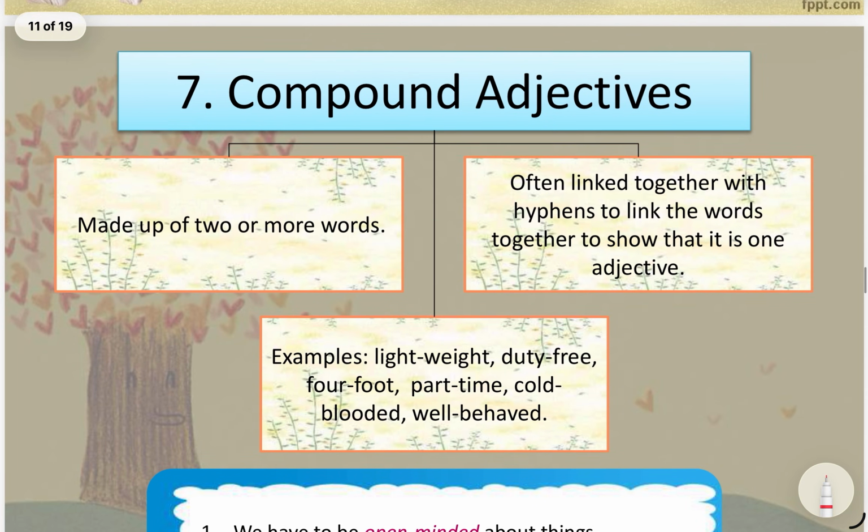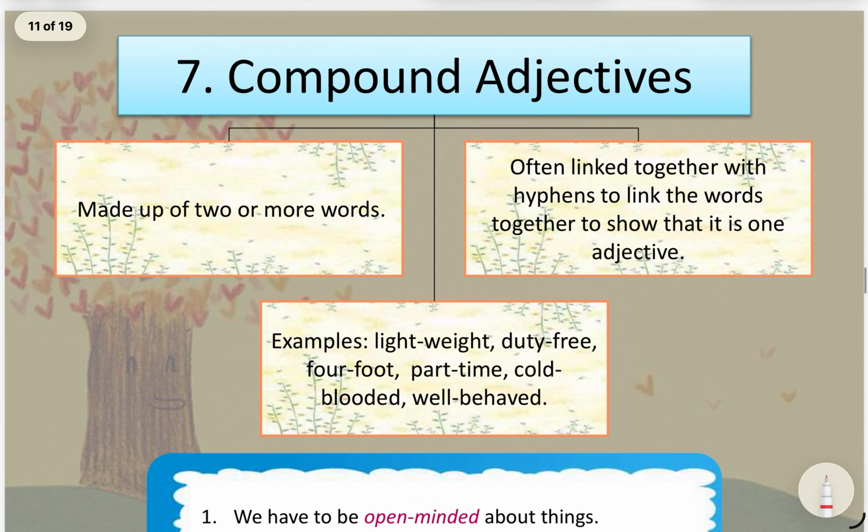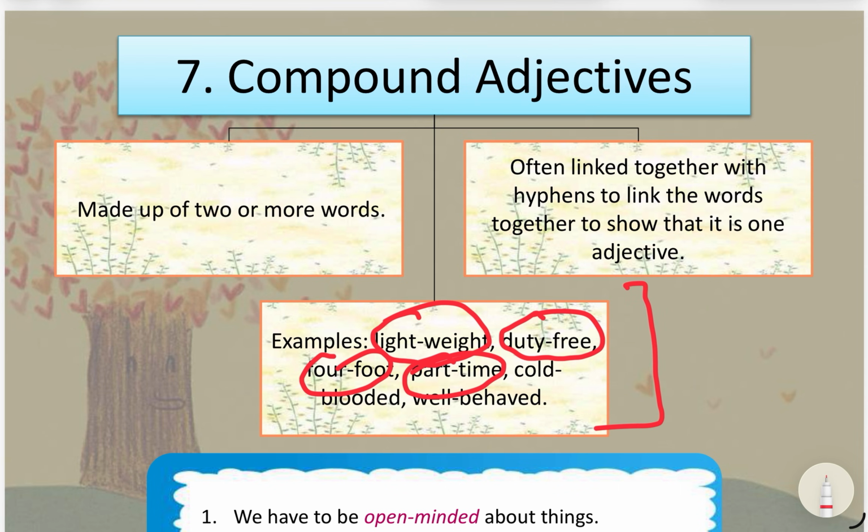Now we will go to the next, compound adjective. What is it used to do? It is made up of two or more words, collectively. That's why it is known as compound adjective. For example, lightweight, duty free, four foot, part time. These are all two words which are combined, that's why they are known as